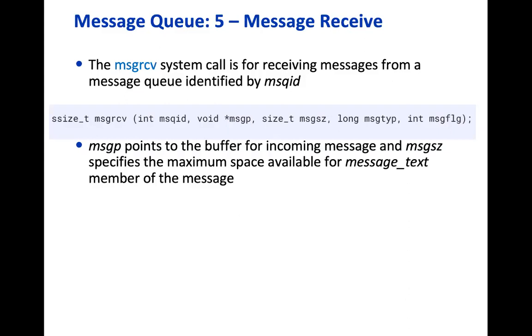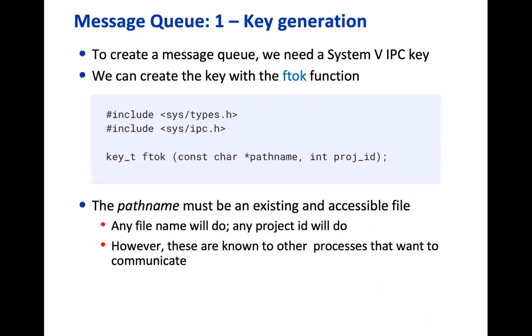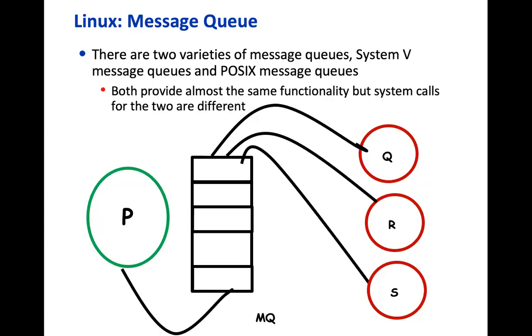Similarly, the client will also generate the message QID, because these two are cooperating processes, P and Q, and Q knows the project ID and other parameters, that is, the path name and project ID. So from that it can also generate the message queue ID. From that message queue ID, when it runs the system call receive,